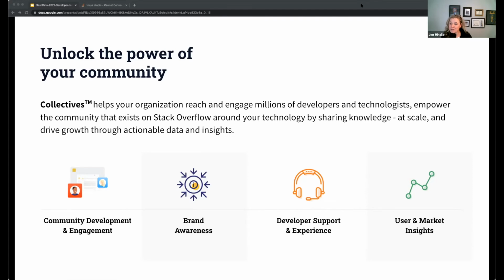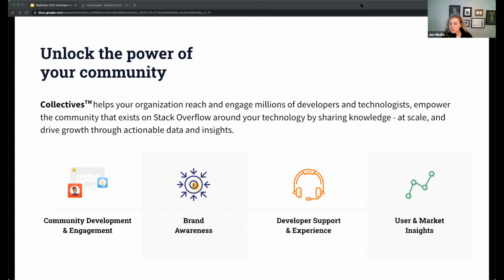Product-focused teams at technology organizations are looking for ways to build deeper, longer-term relationships with users of their products and services to really support adoption and, of course, retention of those users once they begin using their products. They're also looking for ways to improve customer experience, streamline support, particularly as that user base grows and you have many more users to support and lots of questions coming from your user base, and really look at ways to improve user satisfaction.